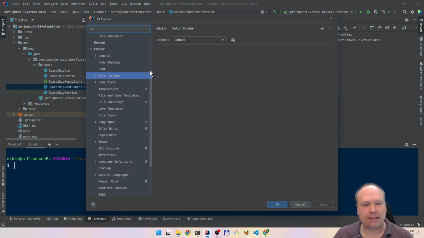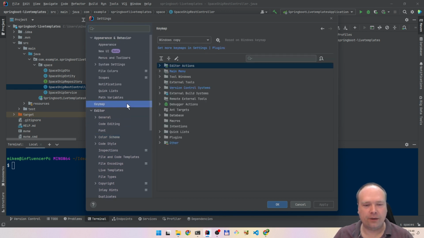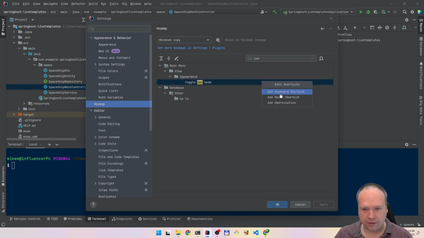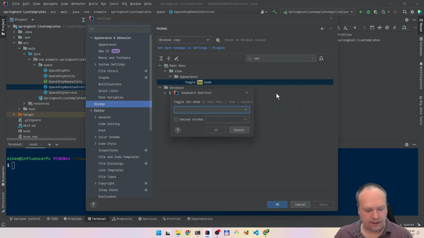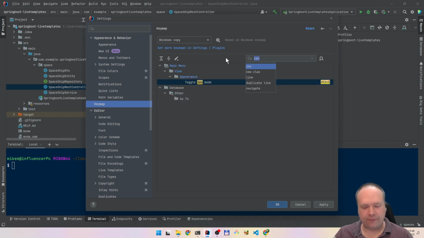Okay, but that's not what we're going to talk about. We are going to talk about something that you are probably not using, and that is Zen mode. If we go right here, if you want to toggle Zen mode, you can see it is not bound per default. So let's just go bind that key. I'll say Alt Z like this, and there's another one which is named full screen. It's almost as good, but we're not going to map that right now,